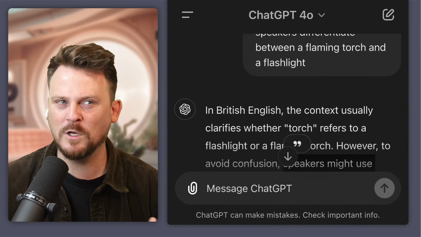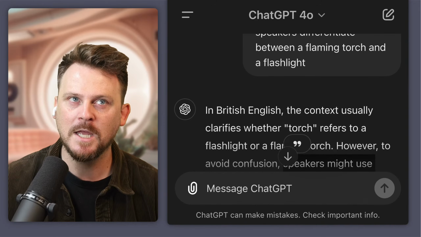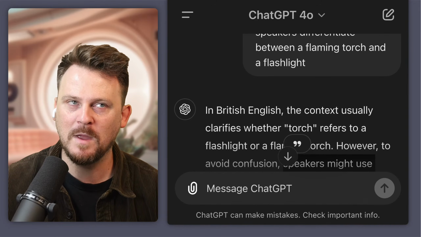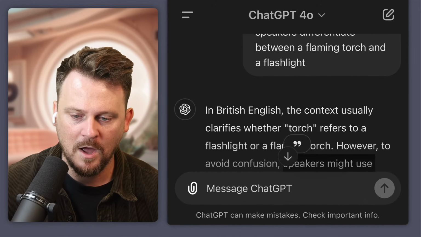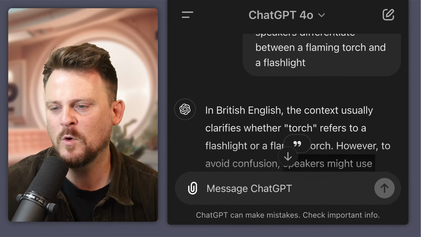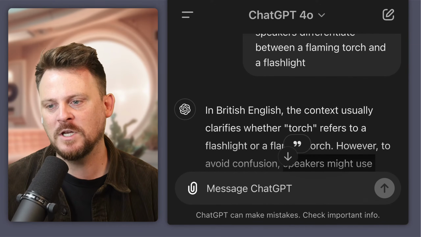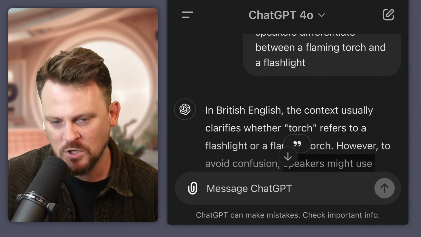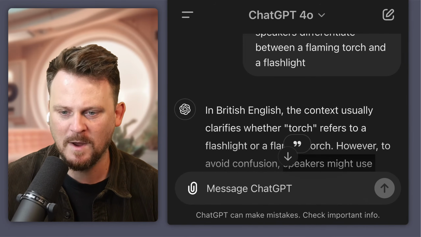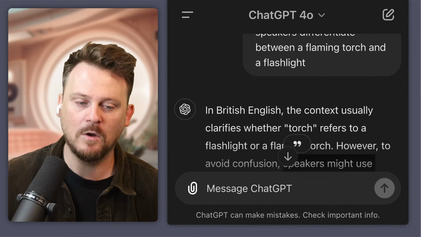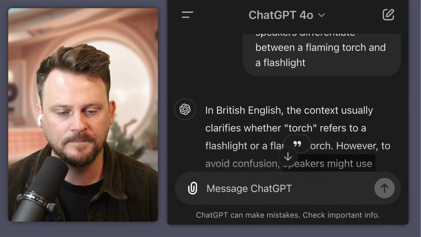So we're all using the same words, but we're using them a little bit differently. Americans tend to maybe have, well, I don't know. I don't want to say more specific, because then in British English they're using cookie and biscuit to be very specific about the type of cookie. So, I don't know.